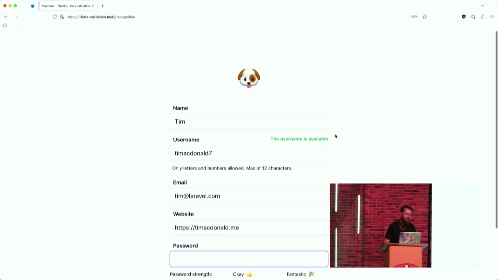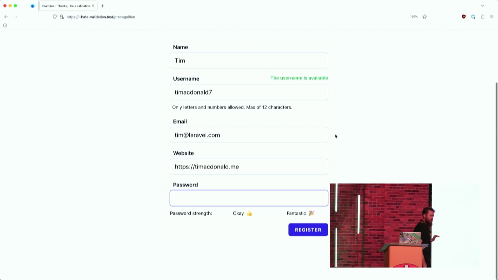And then we've got password. Now, something I've done here is a password strength indicator. So this is a mix of a few different things. It's kind of a success message, and it's also encouraging the user to enter the right data, so it's kind of help text. But there's something that I like quite a lot about this. If I put a password in, oh, okay, I want a fantastic password. Yeah, all right. So I was able to get a password that was okay, and I've now encouraged the user